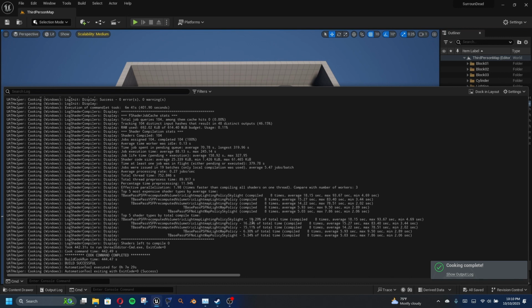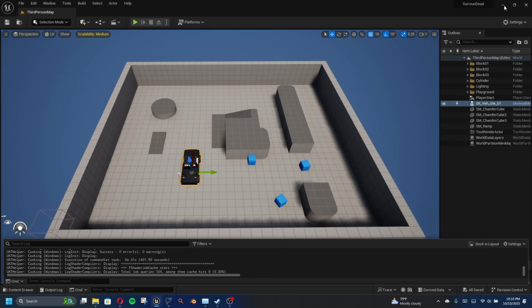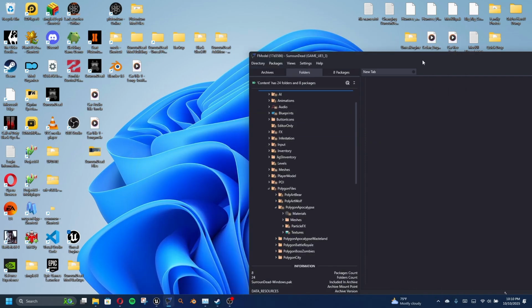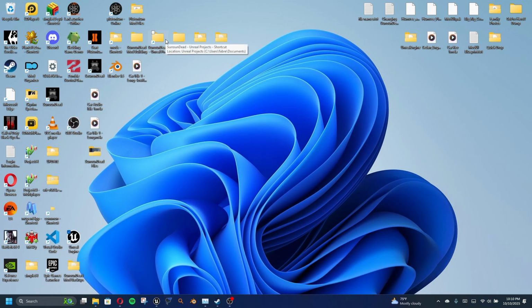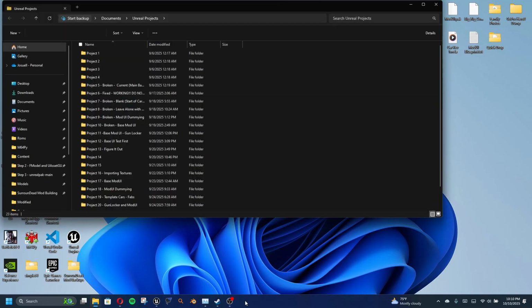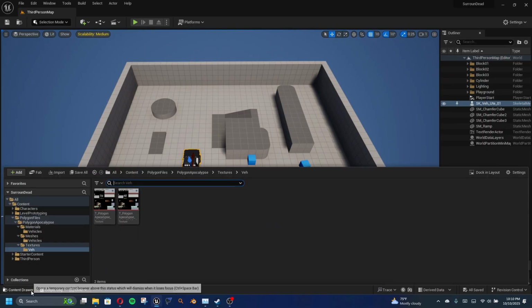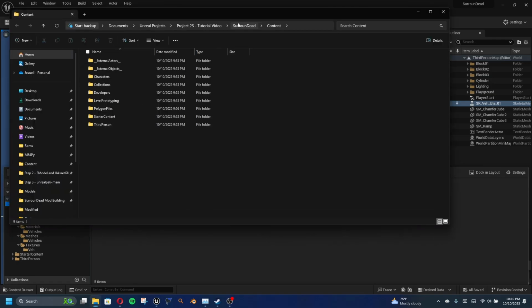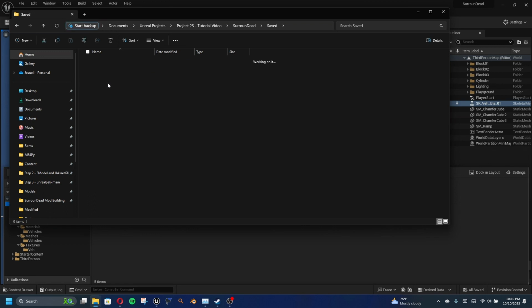Okay, cool, I finished. Moving on. So basically, once that's done, let's go ahead and close all these other folders. Here's a faster way to get to that section I'm about to go to. You can right-click this folder, and then hit Show and Explore. It's going to take you here. Go back one folder. Go to Saved, Cooked, Windows, and then this folder here is actually